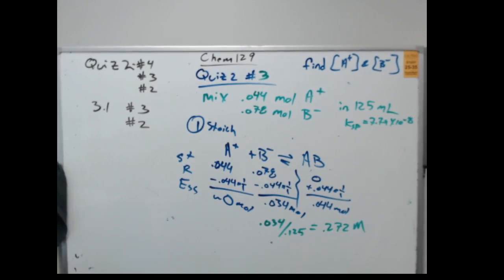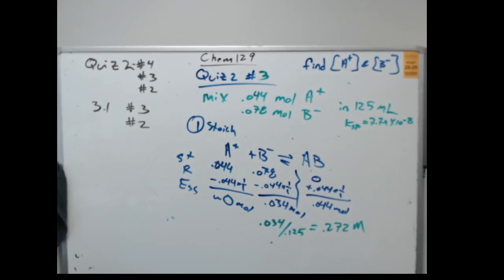All I had to do was some stoichiometry. If Gibbs free energy and entropy and enthalpy didn't exist, we'd be done. Of course, what would even make the reaction happen if we didn't have those energies driving it towards products? But, you know, if we were just in 127, we'd be done. 0 concentration for A plus, 0.272 concentration for B minus. Ta-da. But